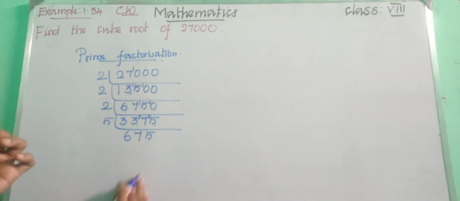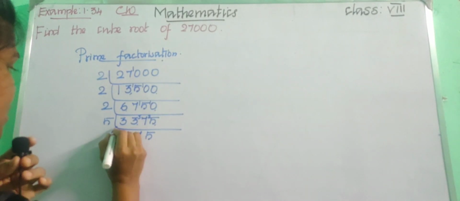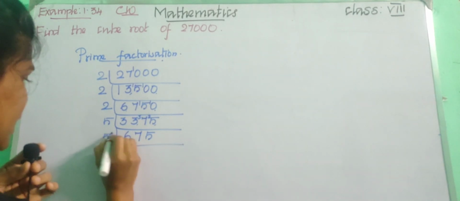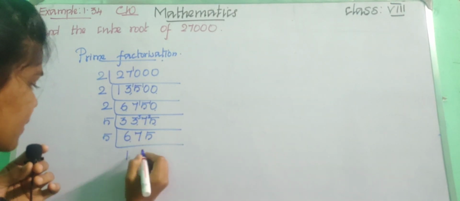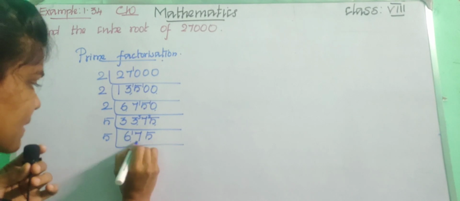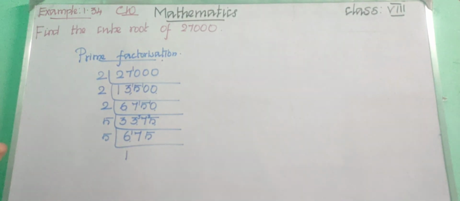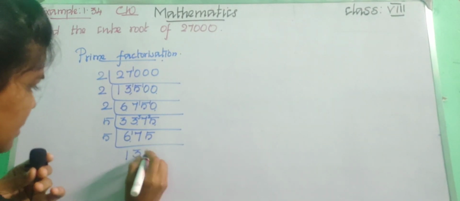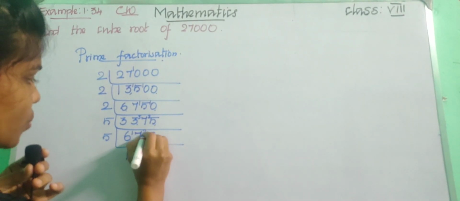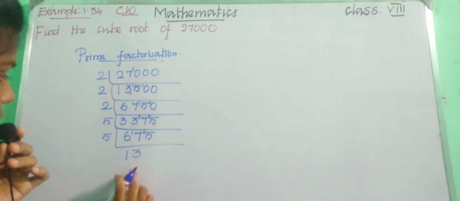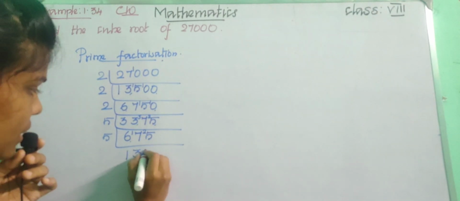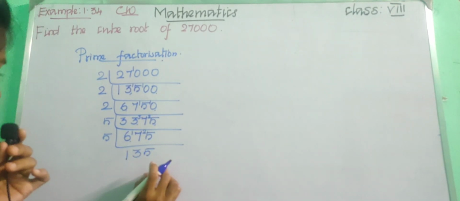In the units place we are having 5. So now what we can do? We can use the prime number 5 again. So just put 5. Now take this 6. 1 5 is 5, remaining 1. Now we got 17. 3 5s are 15, so remaining 2. Now we got 25. 5 5s are 25. Now 135 we got.